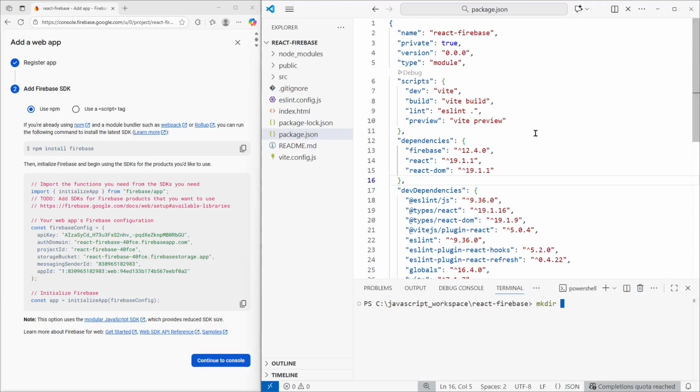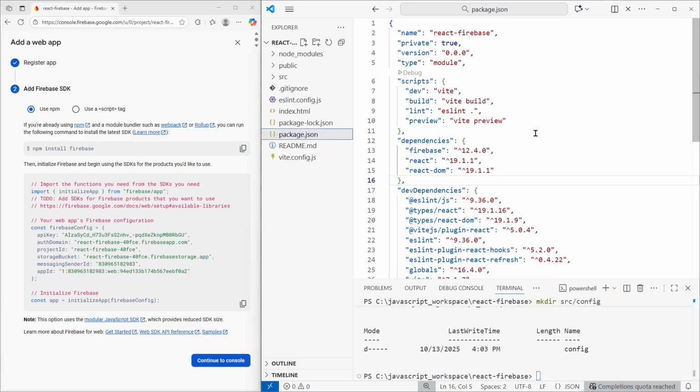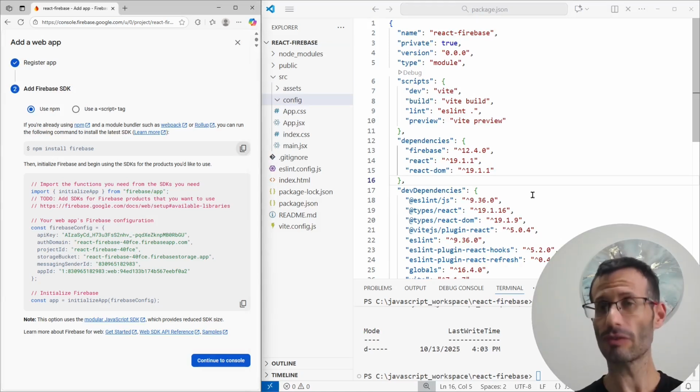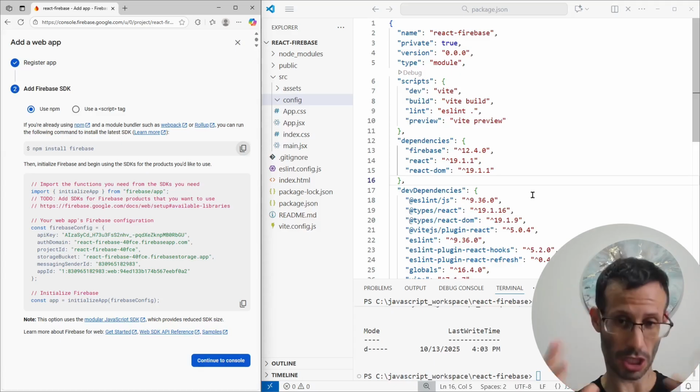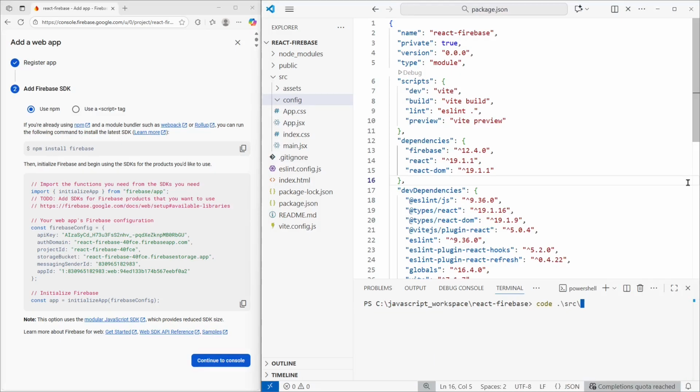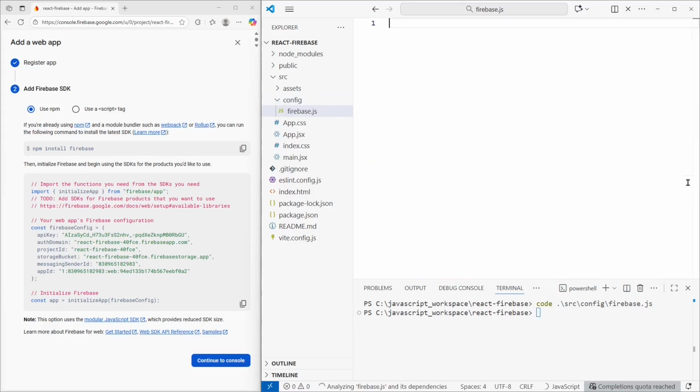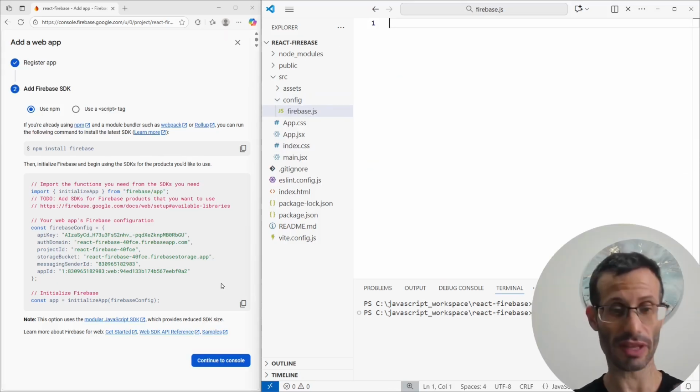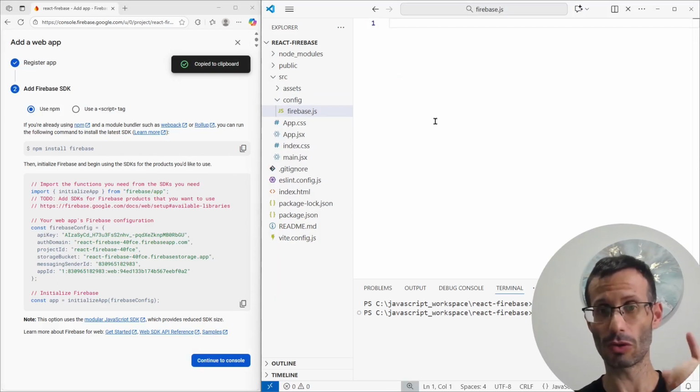So make directory, and I want it in my source folder, and I'm going to call it config. And it was created. We can see it here. Here it is, config. And in my config folder, I want a new file, and I'm going to call it firebase.js. So in the source folder, in the config folder, let's create firebase.js. And it was created, and I'm just going to copy the code from here and paste it in our new